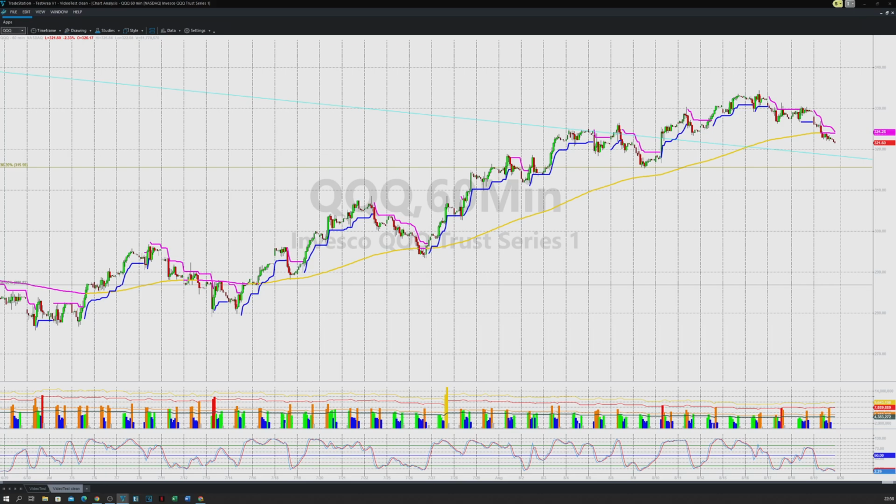Let me check something. Because any move to the downside, yeah, it can reach the 310. Any move to the downside will meet the buyers. There are lots of buyers who are in profit. You can see it here. They're moving to the downside. The buyers came in with a divergence, and boom, they're buying. Moving to the downside, there is a divergence here, and this is a divergence, and boom, move to the upside. They're moving down. The buyers are here. There is a divergence waiting, and boom, up. And so far, move to the downside, you could see